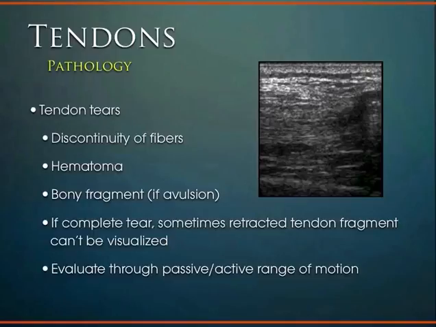And then when it comes to actual tendon tears, just like any other tissue in the body, muscle, and other ligaments, you can have partial tears or complete tears, and what you're going to see on ultrasound corresponds with that as well. But basically looking for that discontinuity in the fibers, tear within the fibers. When any tissue in the body tears, it's going to bleed, so you're going to see that hematoma, local fluid collection. Fluid basically is anechoic or basically no signal, it's black. And so you're going to see this anechoic area or black fluid collection within the tendon architecture